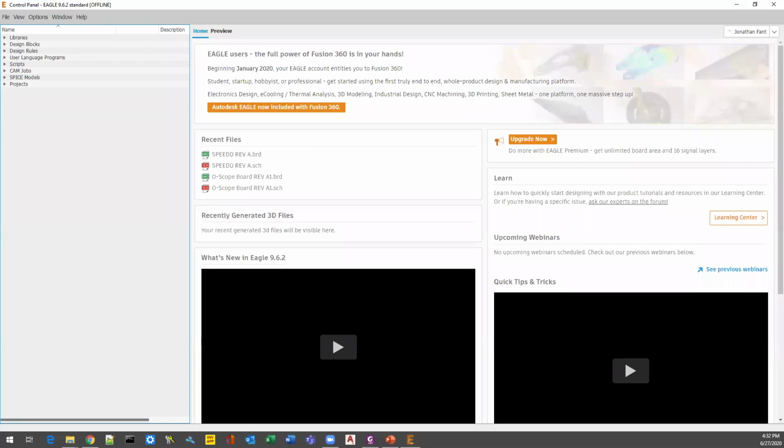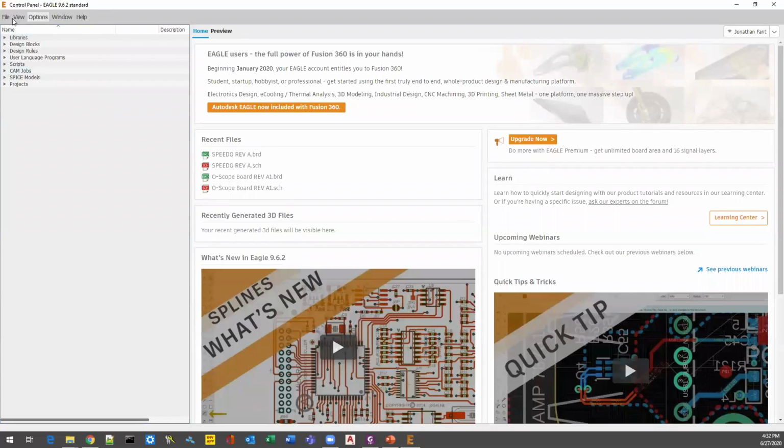Okay, so here comes Eagle. And it's pretty simple because remember, we're going to click File. It's in the upper left-hand corner. Click that, and then right underneath it is New. We'll click that. It will actually drag over to Library. File, New, Library. When we click that, we're going to get the library editor come up,